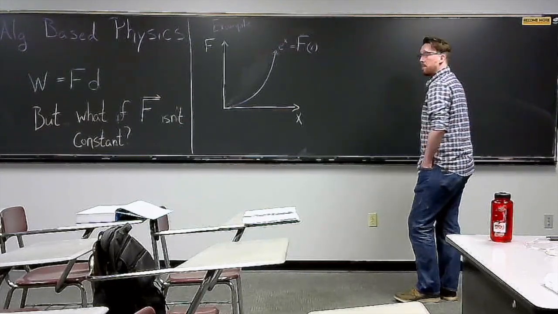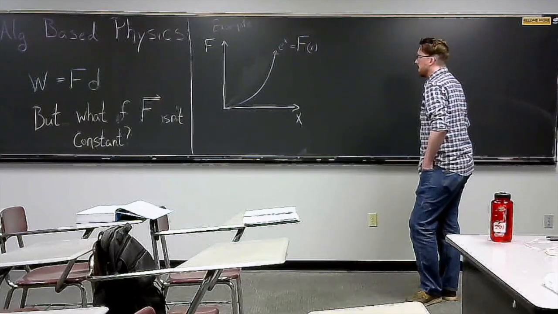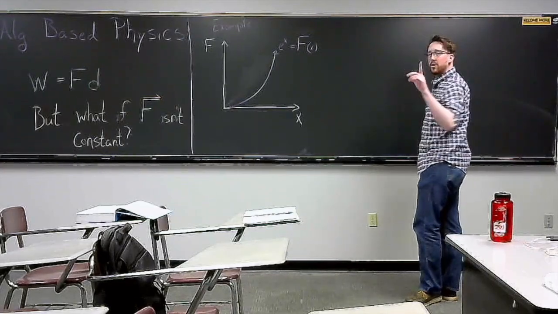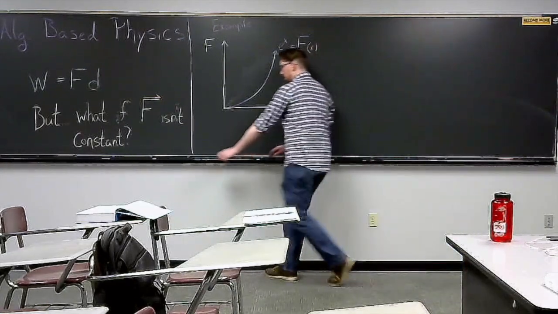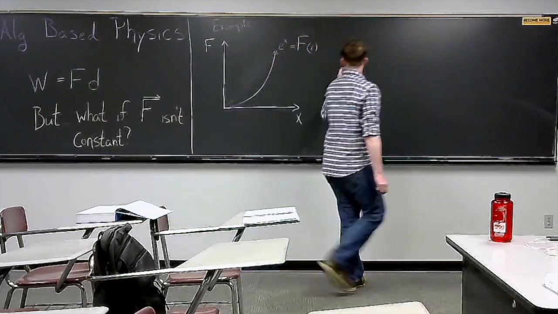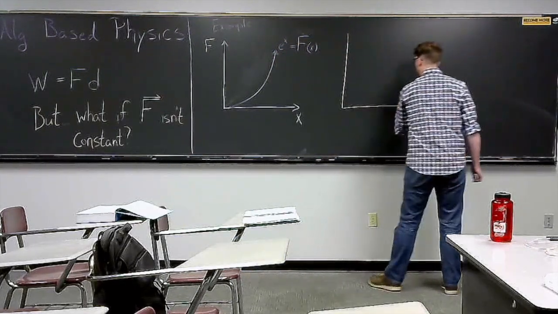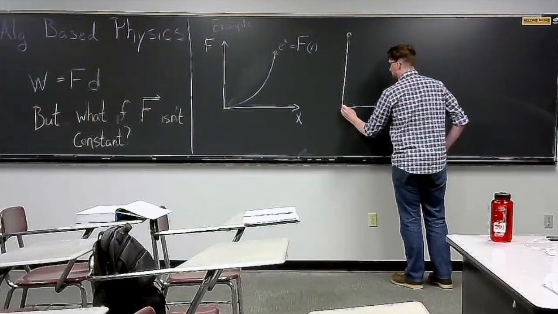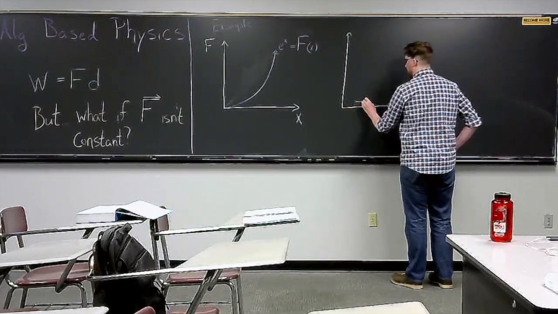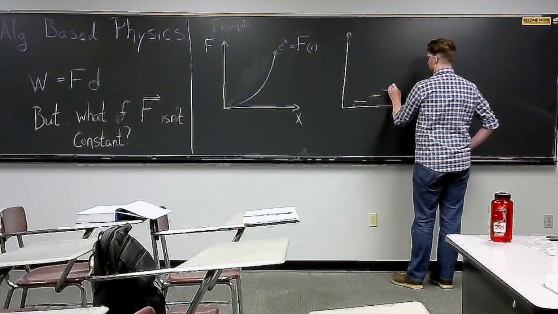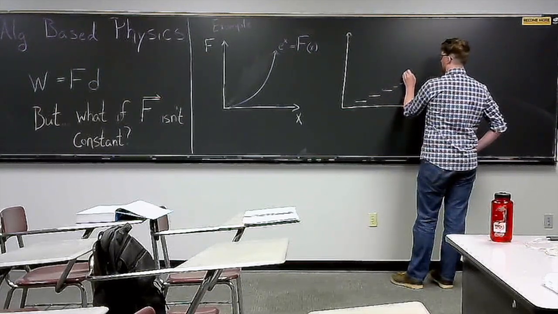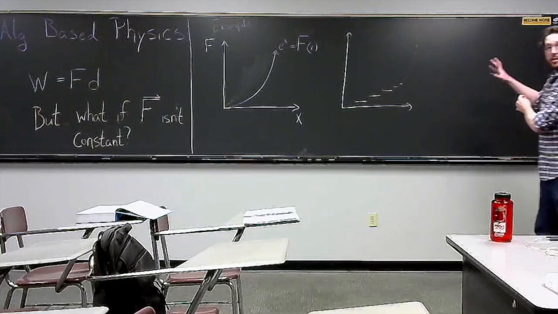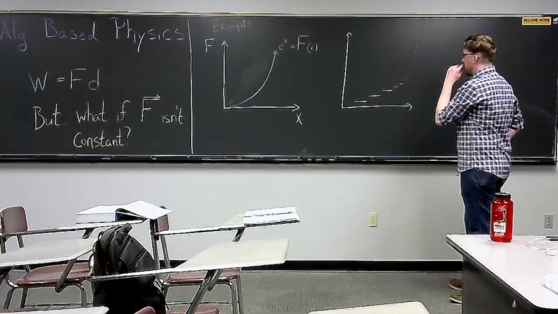Looking at this, it may not be obvious what to do right away, but one thing we could do is approximate this function with a bunch of small functions that are piecewise continuous. What does that all mean? Well, that means I could approximate that with another function that looks something like this. Right? So it accelerates through. Now, if I do that,